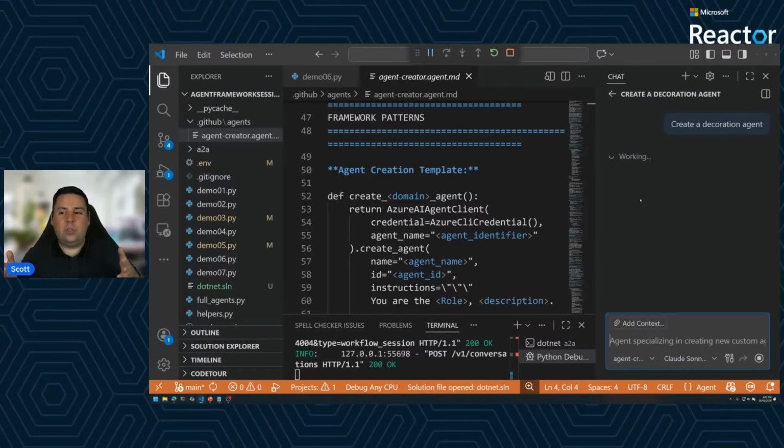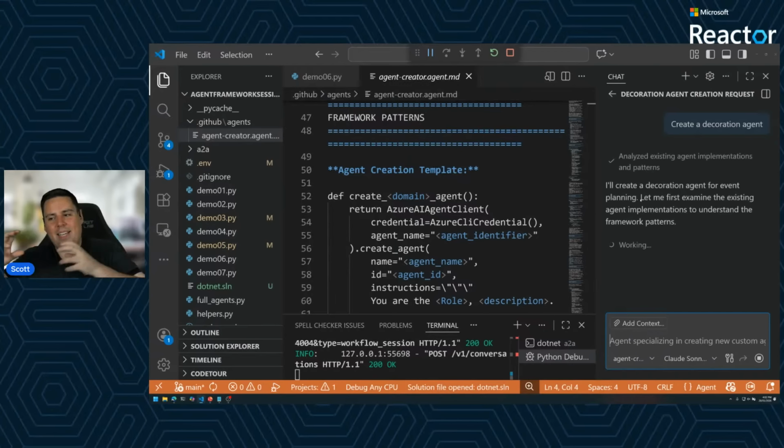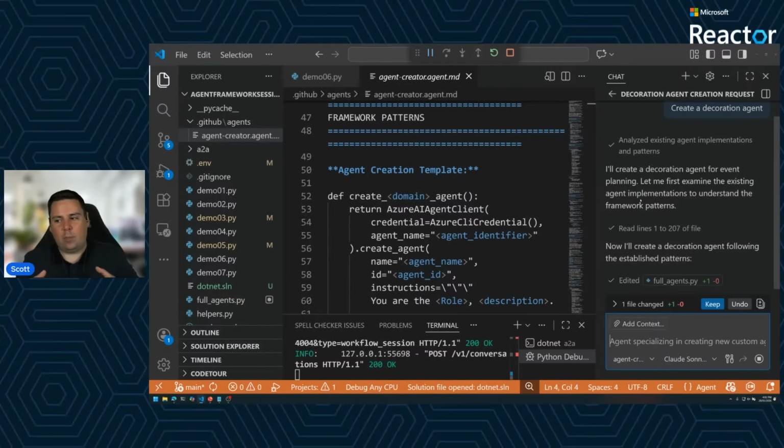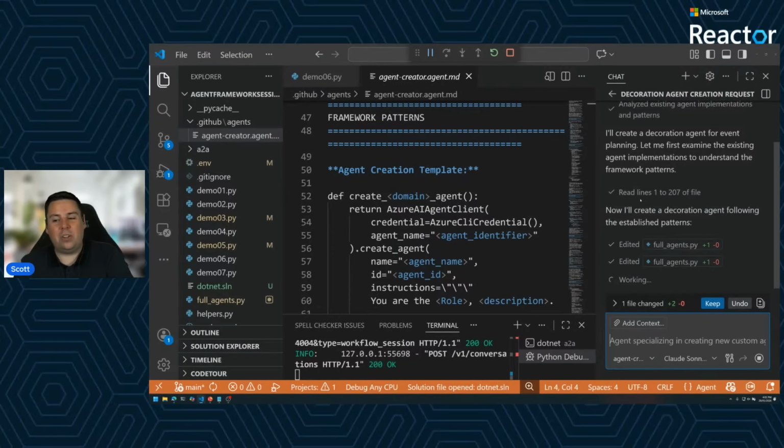And what it's going to do is look at that particular agent file, taking in that context to then implement the agent following our best practices that we've defined. This to me is how we can be incredibly efficient when it comes to using agents to build software, because we're not just letting it go off in any direction, we're being specific around the types of frameworks and libraries and approach it should use.